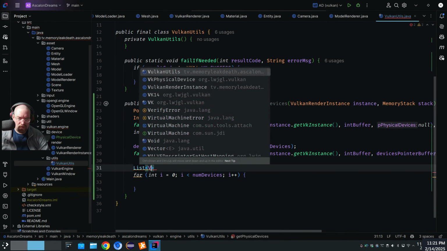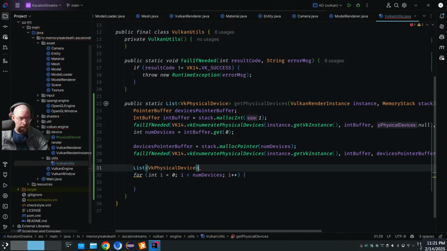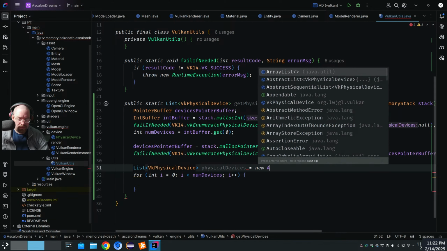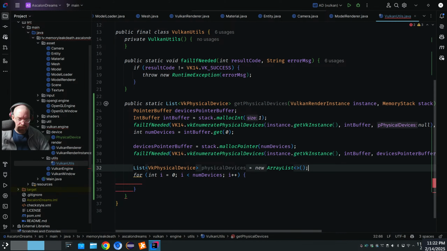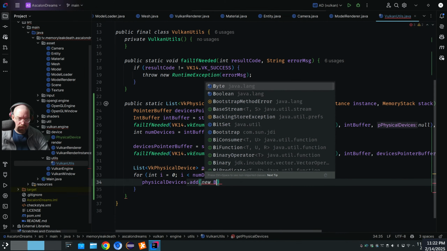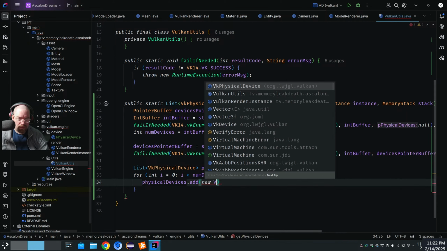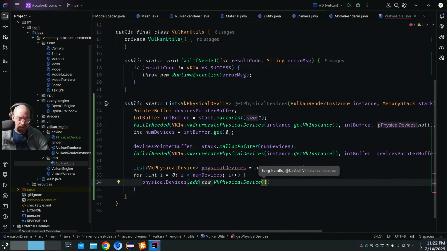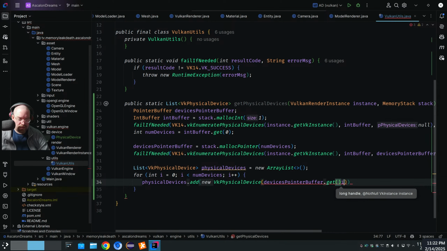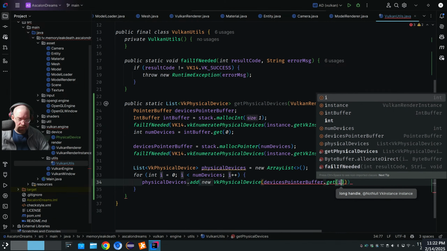List of VkPhysicalDevice, physicalDevices, ArrayList. Alright, so physicalDevices.add(new VkPhysicalDevice, devicesPointerBuffer.get(i),